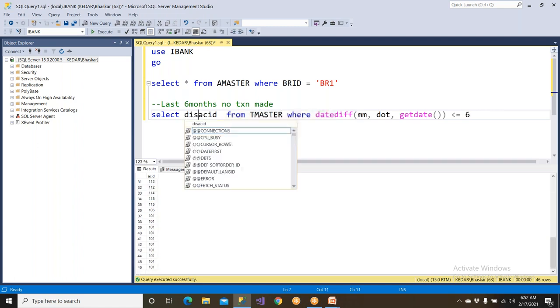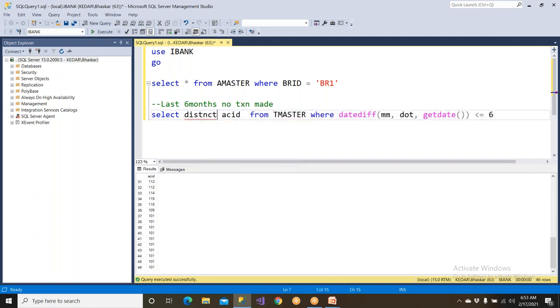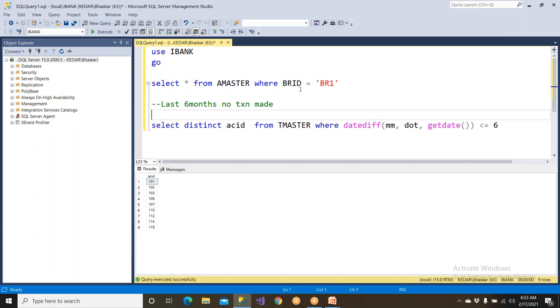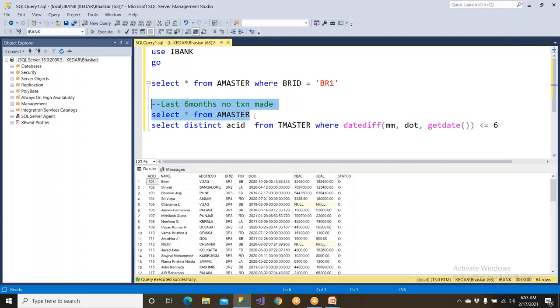I wanted to find out a distinct. Clear? So these are the people who have done the transactions in the last 6 months. But if you take your data, the remaining people did not do any at all. So these are the guys we have complete data on. So what we do is we write where account ID in